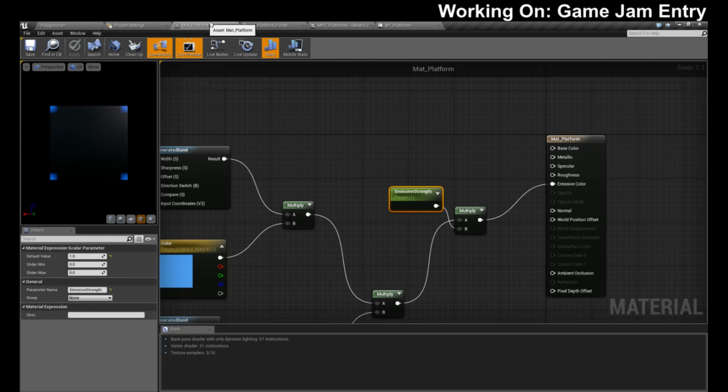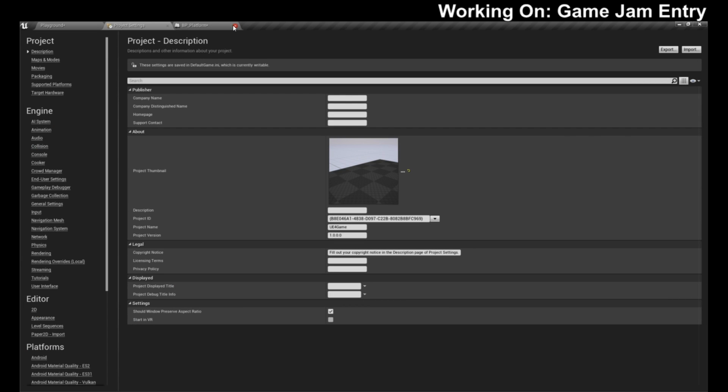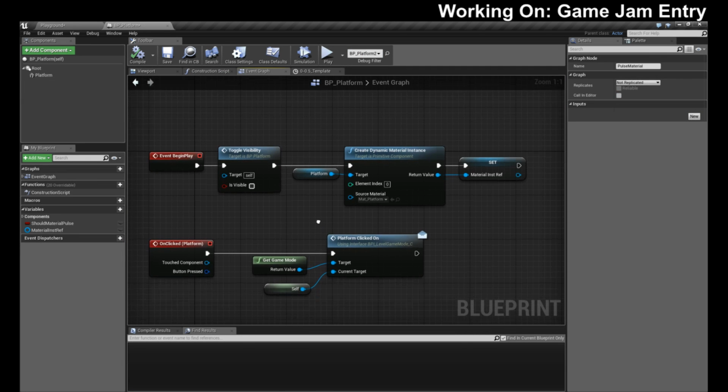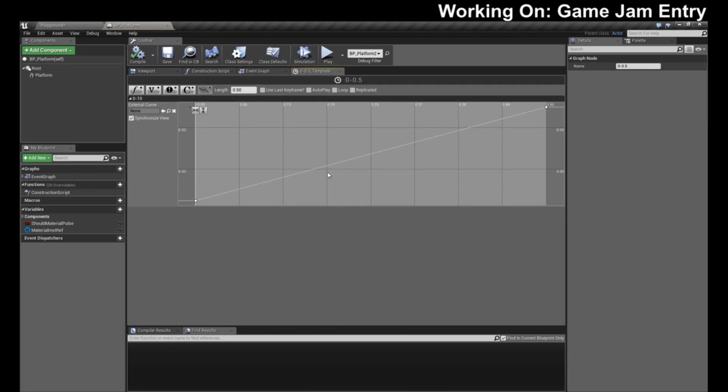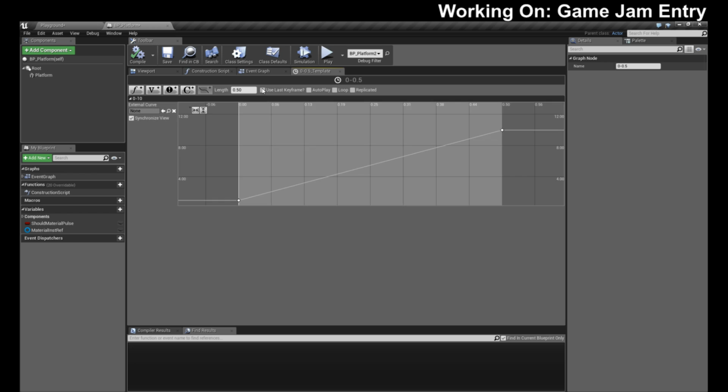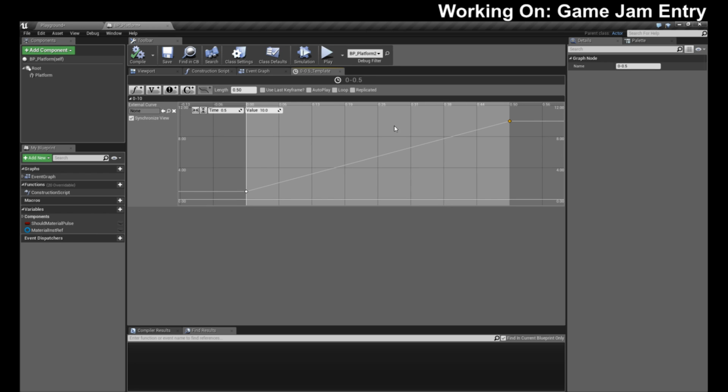So the nice thing is, since that works and that works and that works and that works, I can just easily go into my timeline and say over half a second I'm going to drive the last value back to 1. I'm going to key in the middle, set it at 0.25 and set it to 10.